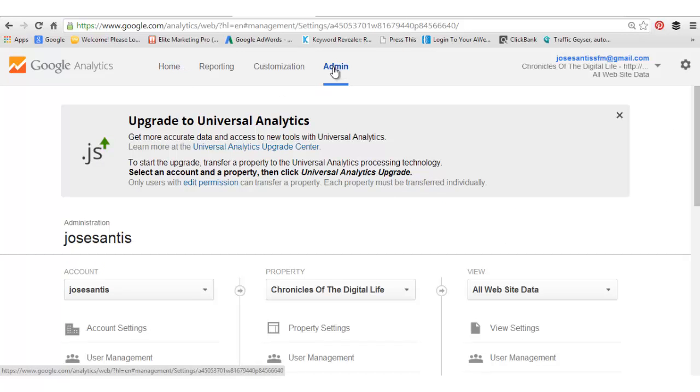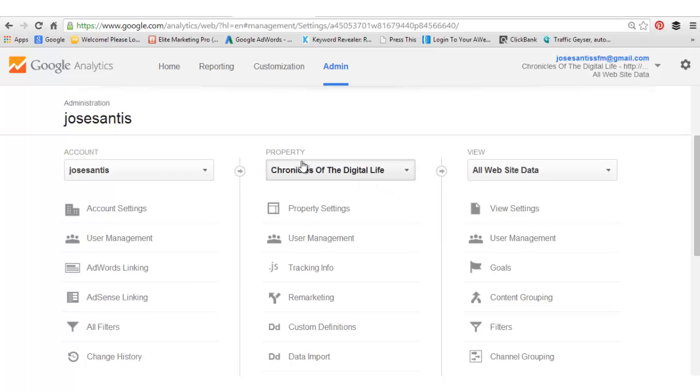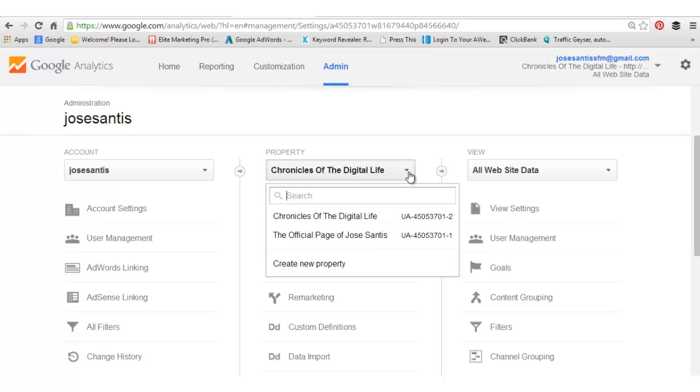By default, you'll be at home, so you have to go to admin, scroll down just a little bit. You're going to go to the middle tab that says property, and that's where you'll have the option of creating a new property. So when you do this,